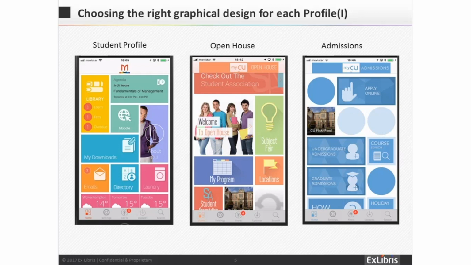which focuses on the things that students would possibly be interested in. So we're looking here at the library and then on downloads and on the directory and on emails, and a little agenda notification here as well. We can also see an open house. Now, obviously, prospective students don't necessarily need to see the full functionality of the library, so we take that away